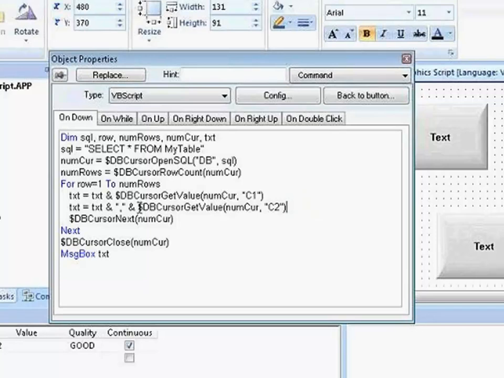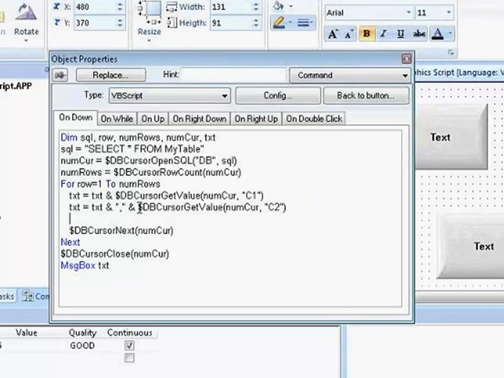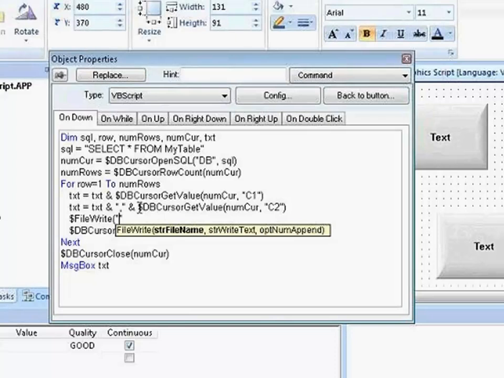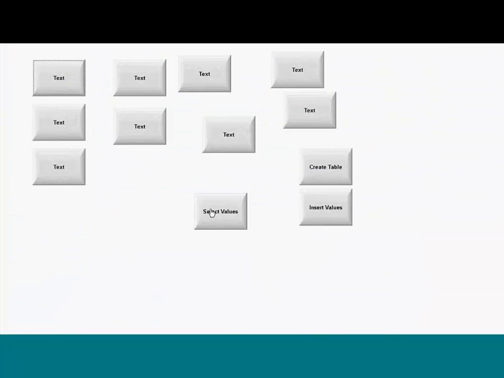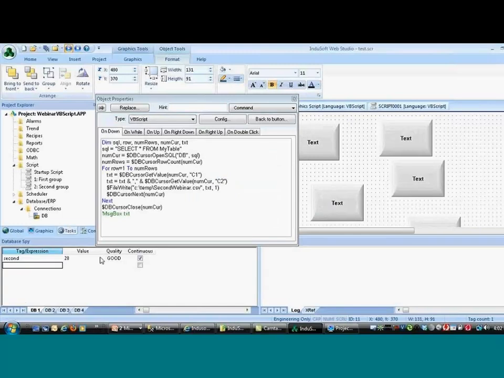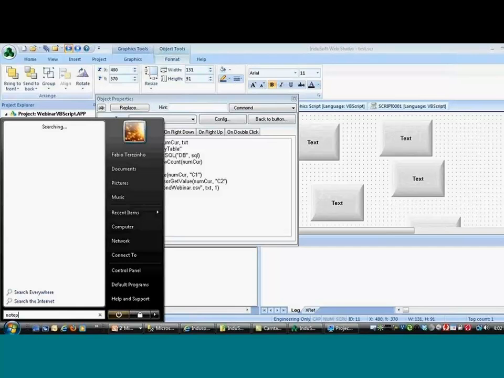And at the end of each interaction, I use, for instance, the function file write to write this information to a file, like c10 seconds webinar.csv. Write here the value from the txt, appending the value on each interaction. And this is pretty much done. So if I do this now, save, and click here, select values, InduSoft executes this script, and if I open this file,